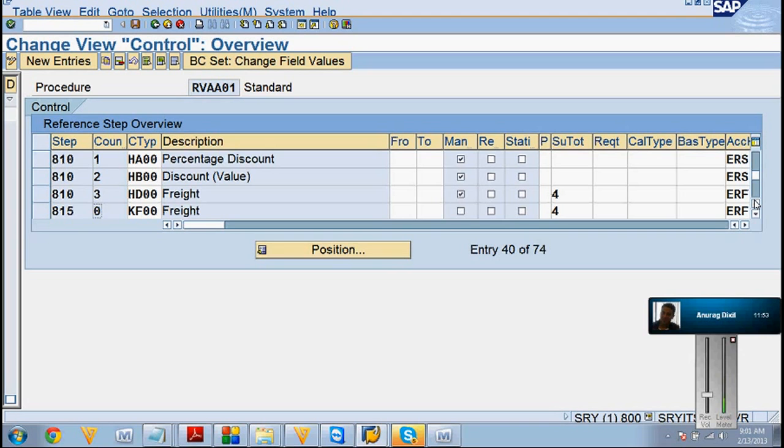There are 1, 2, 3 within 810 and HA00, HB00. So for this particular sales area and customer, maybe you are having HA00, HB00 and HG00, and I don't want all discounts to work. It's very dangerous in the pricing process. If all the discounts work, then when the customer has to get 3%, it will give 30%. So the company is going to lose money.